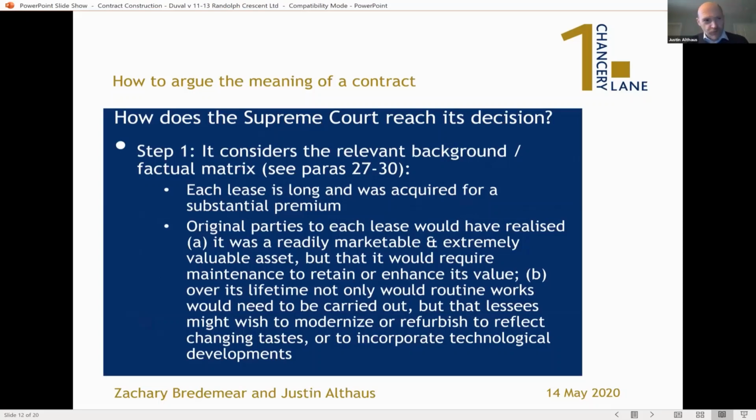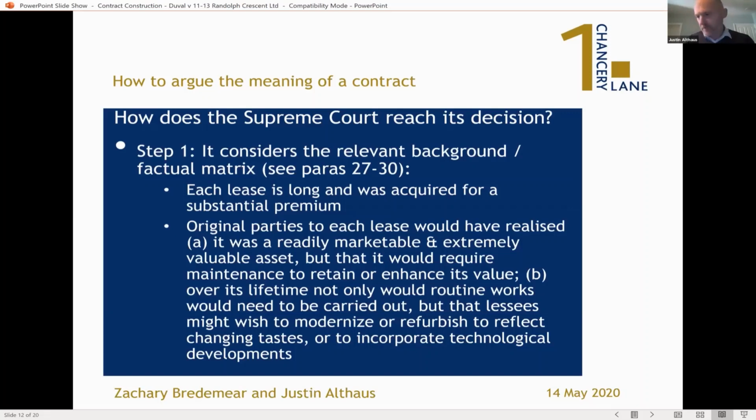You'll notice the Supreme Court does not start where all the other courts suggest you do, which is with the simple language of the covenants concerned. The judgment starts by looking at the relevant background. But of course, you do have to consider that in the course of interpreting any contract at some point. So necessarily, these are rather generalized